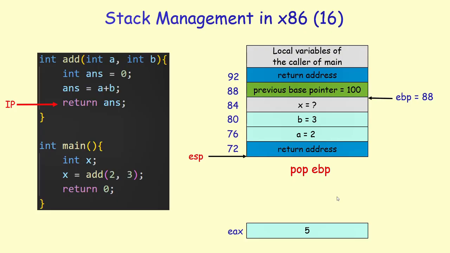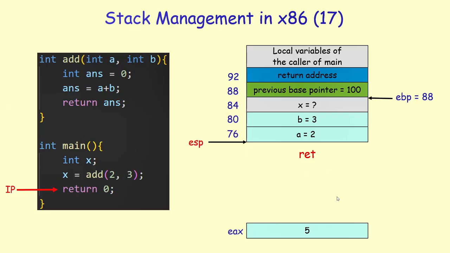And the next instruction that we execute is the return. So we executed the call instruction to jump into the add function. We're going to do the reverse operation, which is the ret instruction. Ret instruction is going to pick up the return address from the stack so that the instruction pointer jumps to the return address, which was the next statement after the call to the add function, right? We are now back in the main function, and the instruction pointer is pointing to the next instruction that we are supposed to execute.